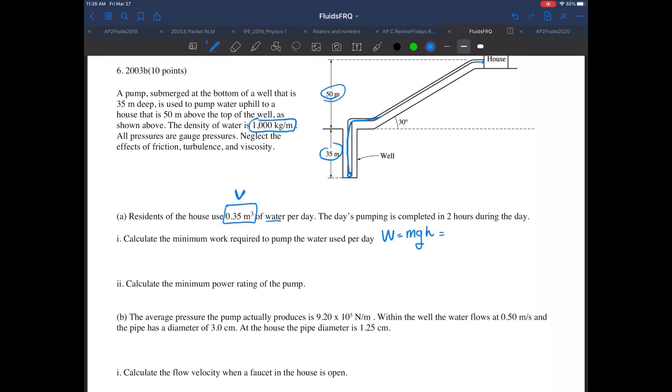So instead of m, you're just going to write the density of water times the volume of water. That's m, right? Mass is density times volume. Then we'll multiply by gravity, and then we'll put the heights together. So h1 and h2. Let's write it all out. Work is going to equal 1,000